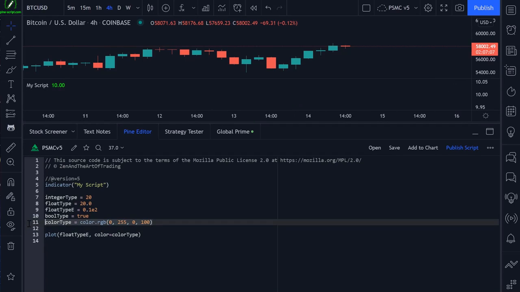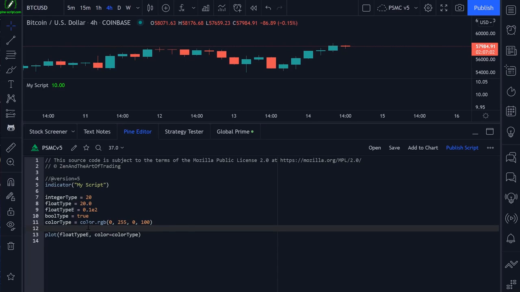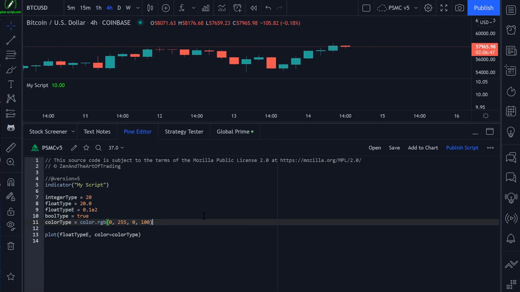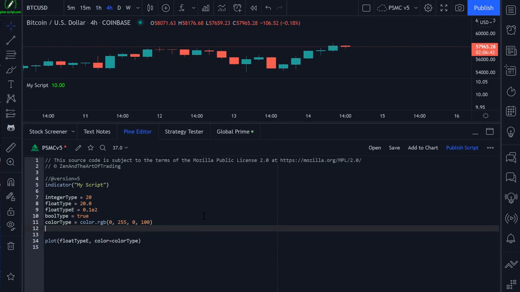Don't worry if this was a bit confusing. We'll cover color types in future lessons in great detail and in more practical examples. The next data type we have to work with that you will commonly use in your scripts, not all scripts, but some scripts, will be the string data type. So this will be string type equals